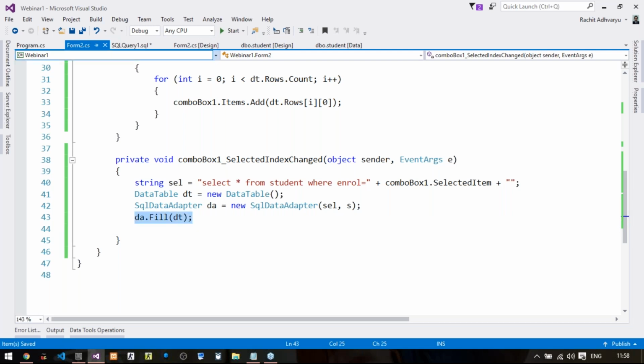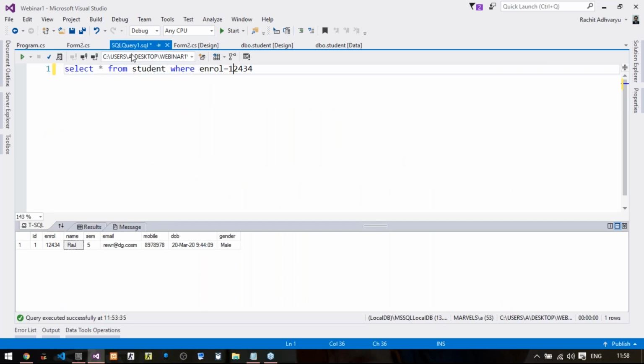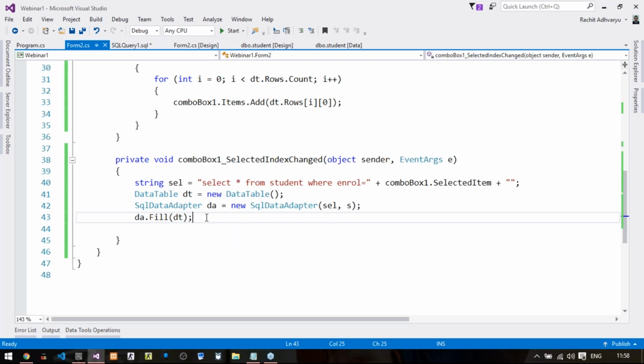It will have one row and 8 different columns: column ID, column enroll, column name, column sem, column email, column mobile, column DOB, and column gender. Index starting from 0, 1, 2, 3, 4, 5, 6, and 7. And row index starting with only 0, because only one row is there. So coming back to the code part, what we need to do now, we have selected all the data and